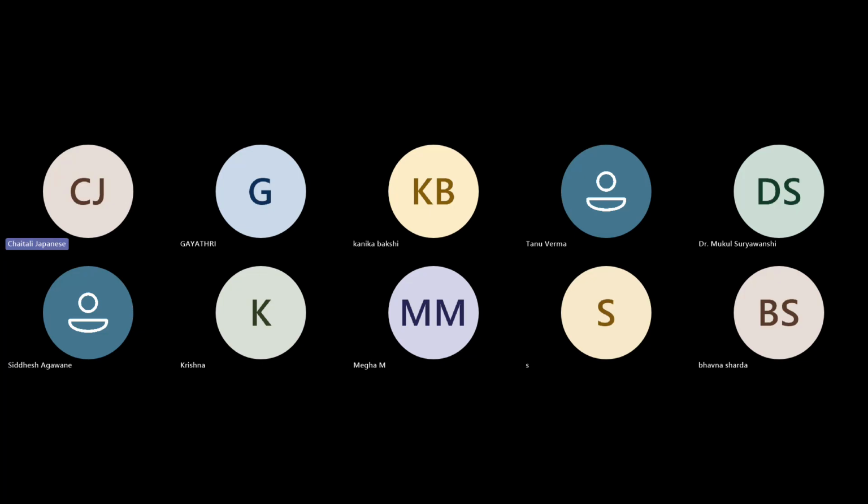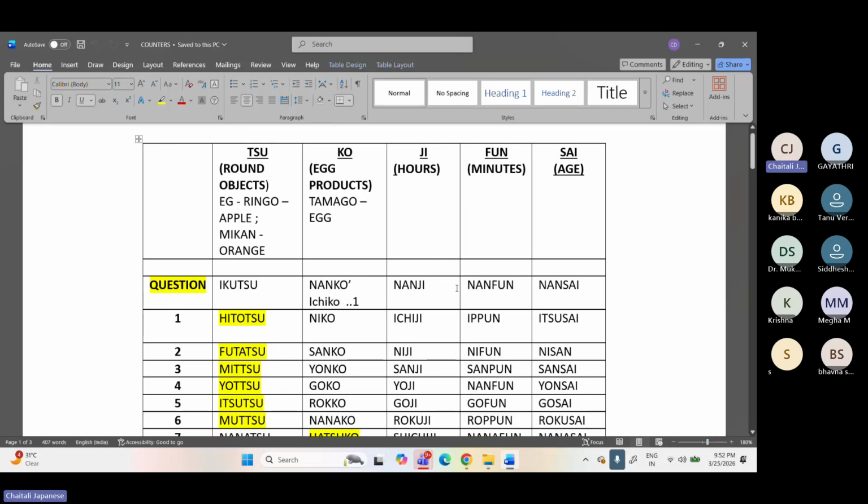So this is your counters. Now, what are counters? Your certain products. Certain products are categorized under certain categories. Okay, that is your counters. Now, in order to pass your JLPT, or if you are sitting for JLPT and you are aiming to make your career in Japanese language, or you want to improve your fluency in this language, these counters are necessary to learn by heart